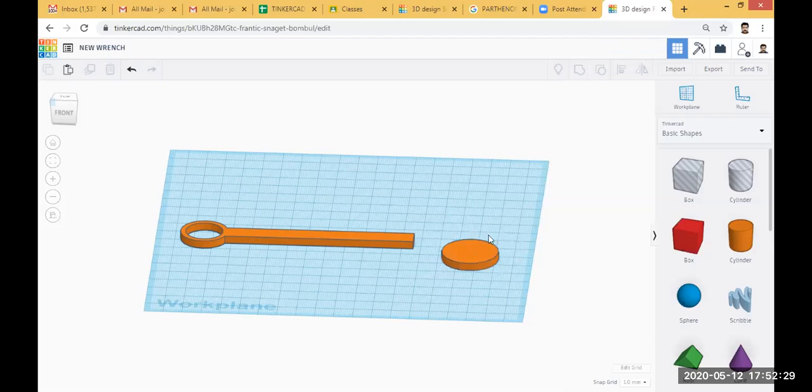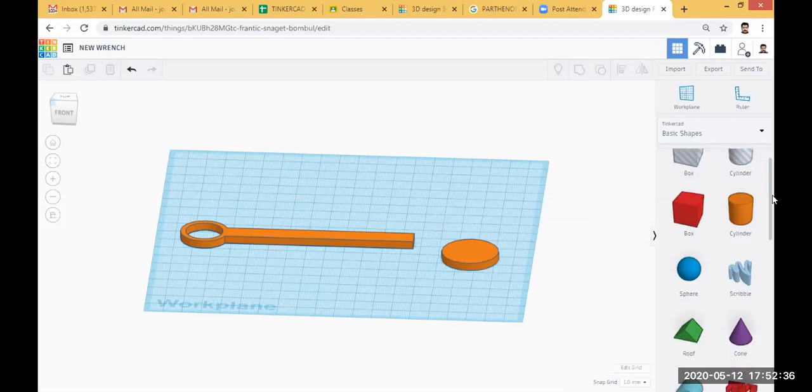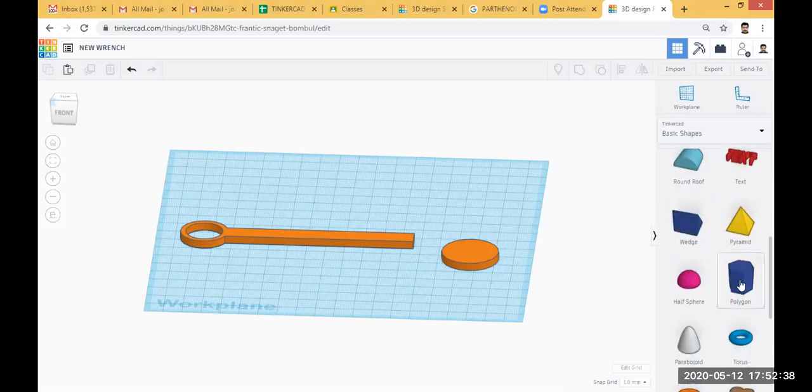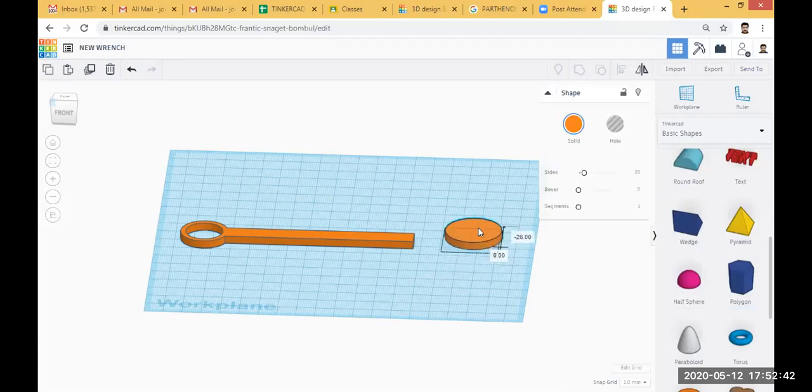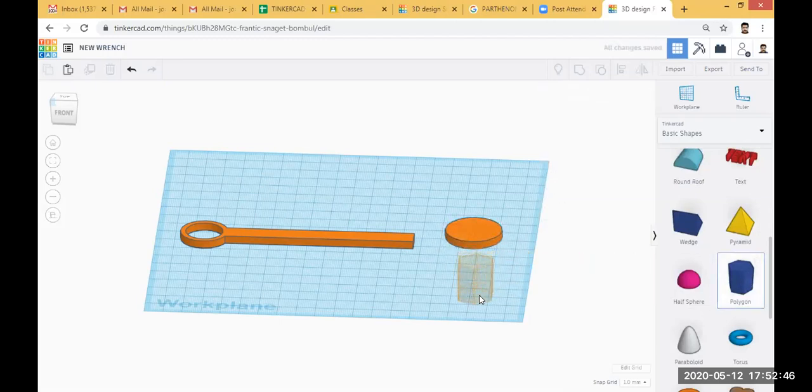Then I want to cut a shape here. Okay, for that I will use an option called the polygon option. So I will take this polygon and I will convert this polygon into a hole.